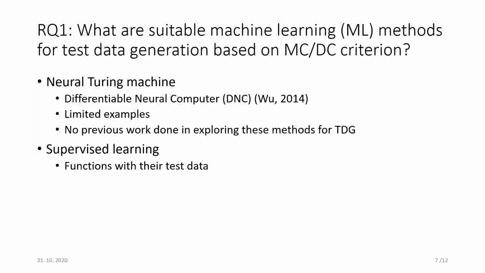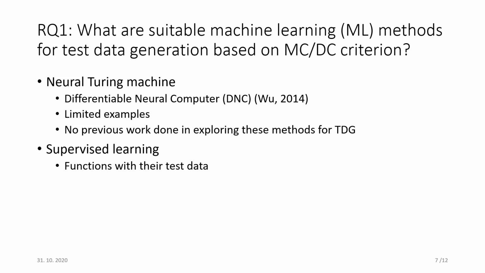We could also use new approaches like the neural Turing machine. It is a neural network with external memory. In its newer iteration, called differentiable neural computer by DeepMind, it's said to have the capabilities to also represent symbolic states. However, no previous work was done in exploring these methods for test data generation in general, and it also has limited examples in different domains, but it could also serve as an interesting way of researching what can be